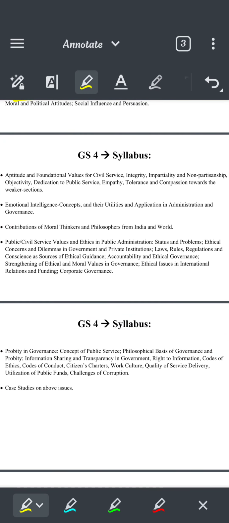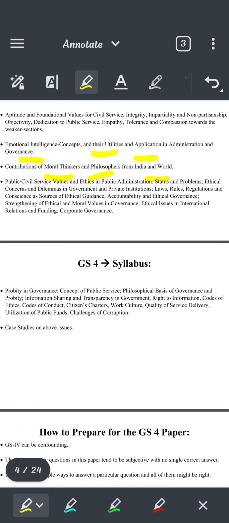Next is aptitude and foundational values for civil services like integrity, impartiality, non-partisanship, compassion, etc. Next is emotional intelligence: the concept, its utility and applications in administration and governance, contributions of moral thinkers and philosophers from India and the world, public and civil service values and ethics in public administration, status, problems, ethical concerns and dilemmas